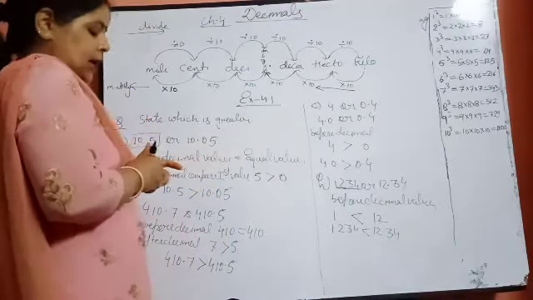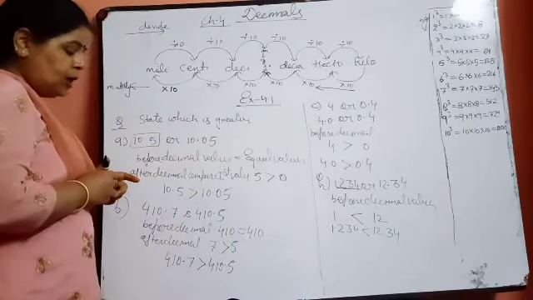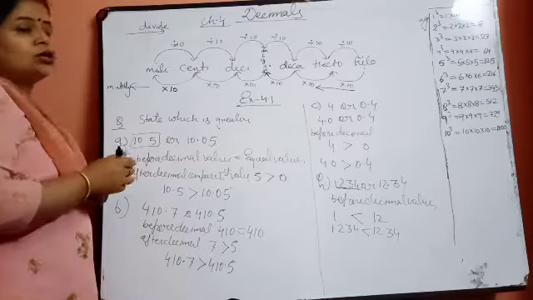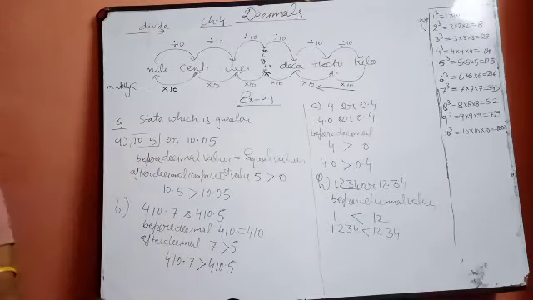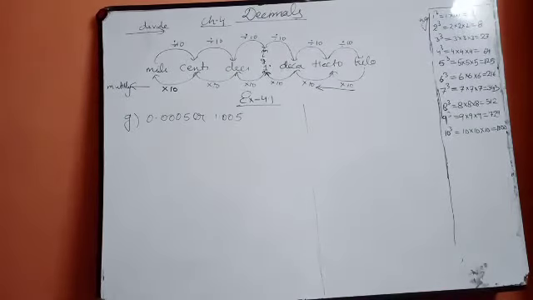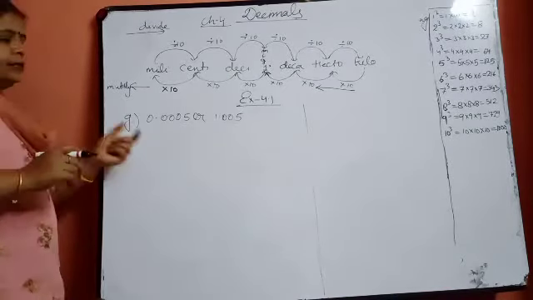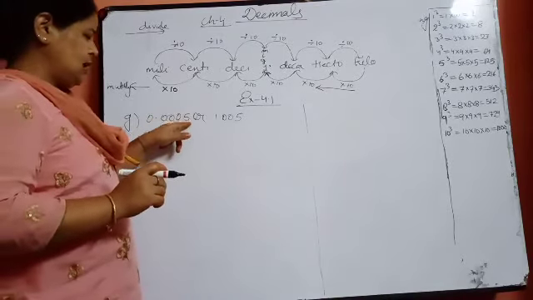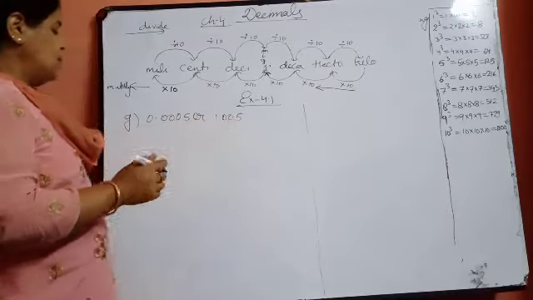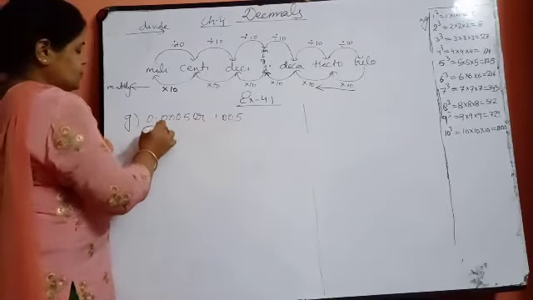Okay, in this way one more part I am doing, and afterwards the rest of the parts of this question you will do yourself. See how I am going to do the next part of it. Now see the G part. What is the question? 0.005 or 1.005, before decimal.